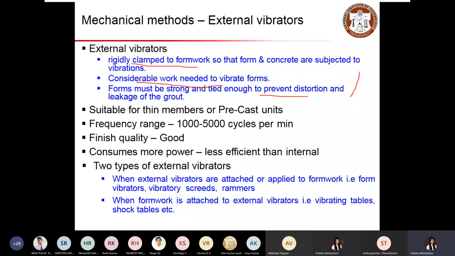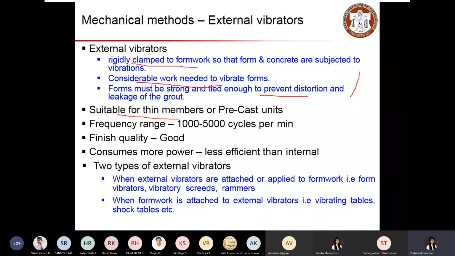Then these are essentially useful when you have very thin members. If your member is thin, the depth will also be less, and sometimes the spacing will also be too close. In that case, for placing an internal vibrator, you should have some adequate depth. Then only it will go in and do this oscillating movement to compact your concrete. So especially when you have thin members, internal vibrators will not be effective. In such a case, you have to use external vibrators, where you place the vibrators on the formwork to compact the member.